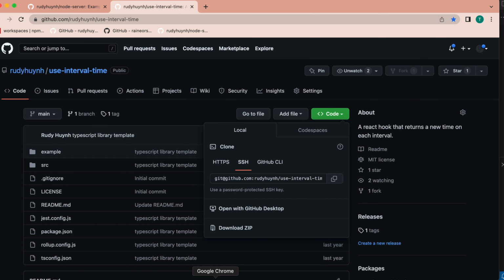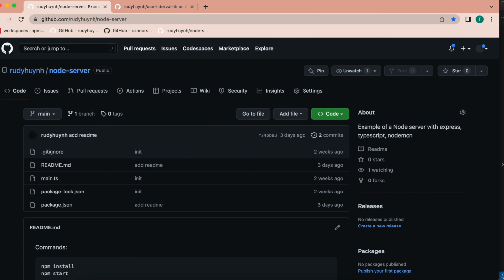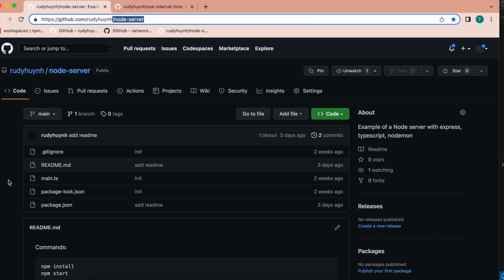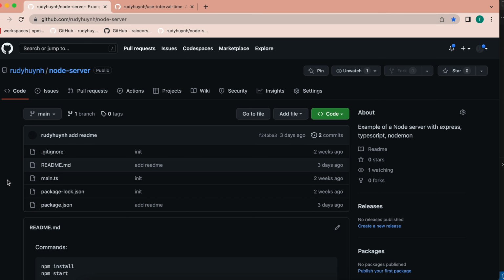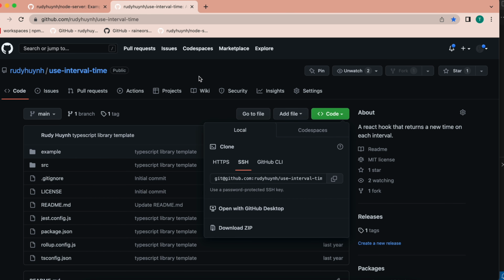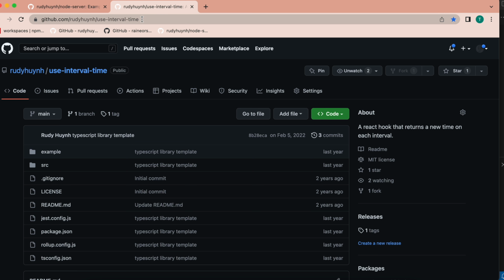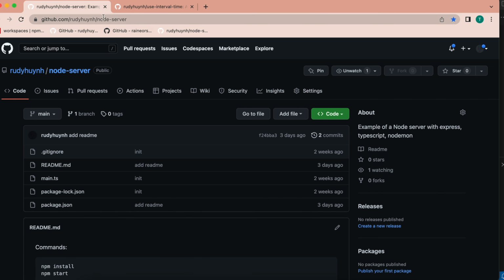For example, I have these two repositories. This one, the Node server, is an example repo that uses one of our packages, and the other one is a repo, an example of a package of the web UI, and it's also an example of a third party. In case it's a third party, then you have to fork it first before cloning. Now I will clone the Node server